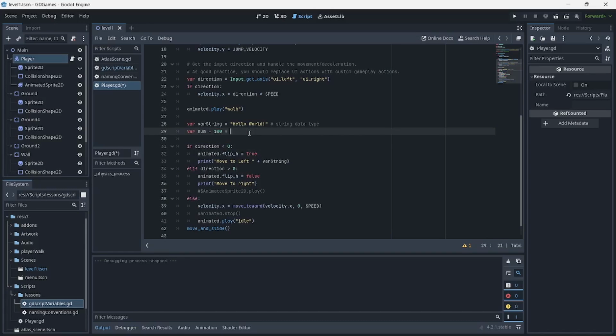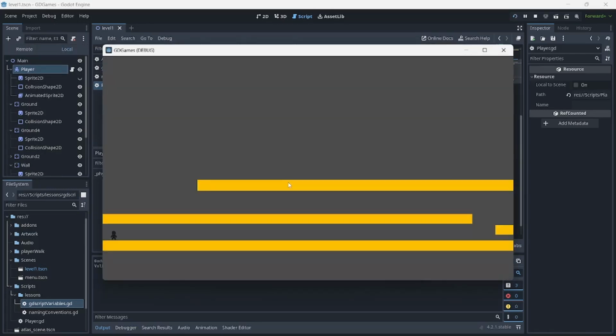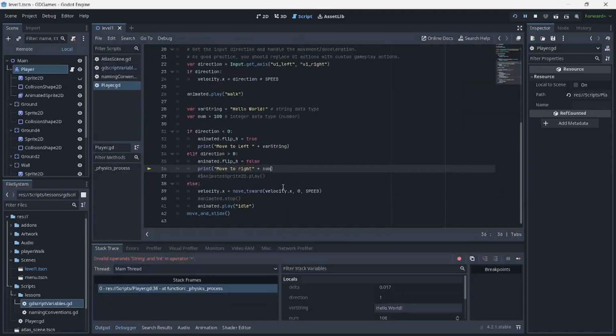We are putting here an integer data type, which is basically a number. So we have that value of 100, and I have done some testing here. You'll see that this is going to run into an error if you're using this, you would see that this will not work. It says invalid operand string and int in the operator plus.